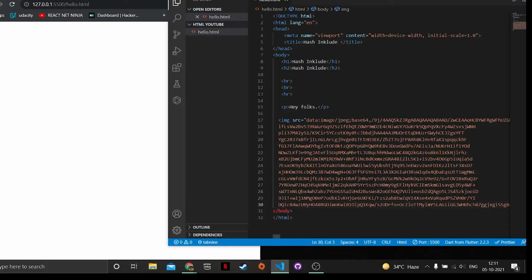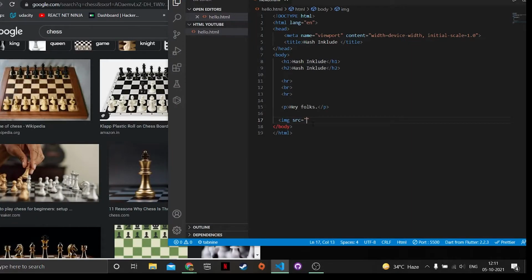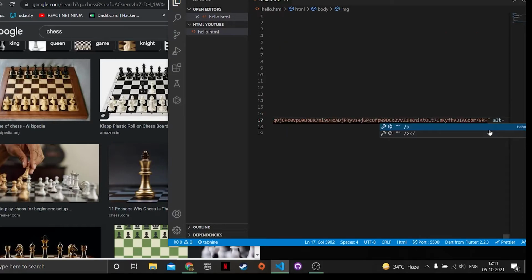So let's take a chess image. Let's copy the image address and paste it here. Okay. And another thing that we should have here is an alt attribute. This is not mandatory, but it's good to have an alt attribute. Why?